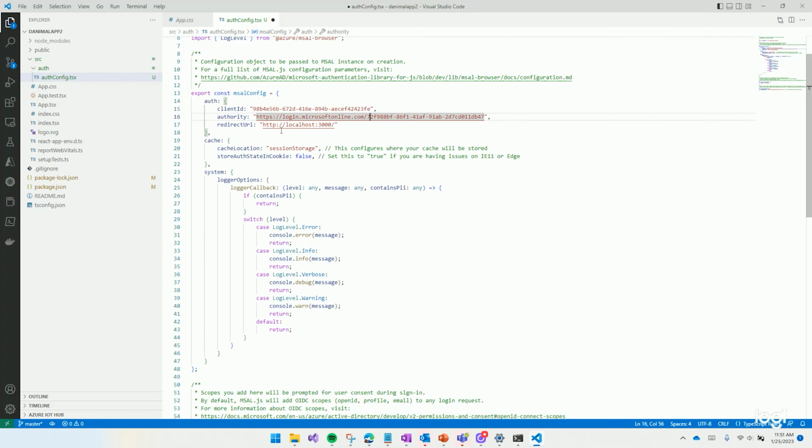And then we're going to go ahead and wrap our application here with the actual MSAL provider instance. And that code's already here. I'm actually going to duplicate this tab real quick to make it easy to go back. So I go to my source and I just look at, and once again, this is the same code, basically just from when you create a brand new React app, this is what you kind of get. So it's pretty straightforward. So I'm going to go ahead and grab this const